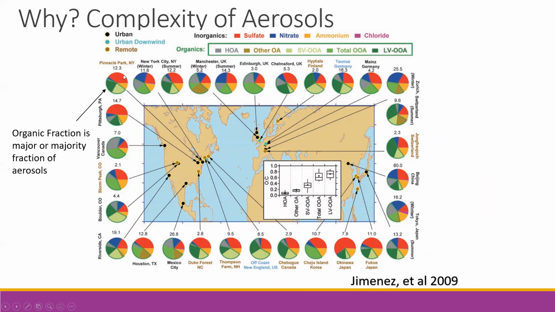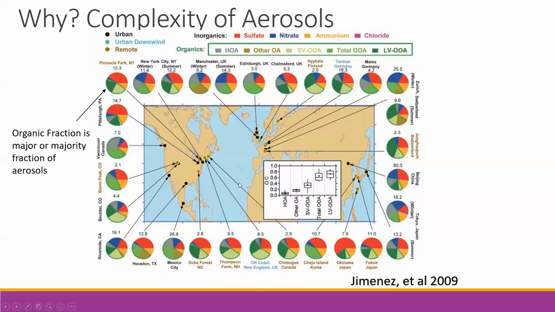In red here, you have sulfate, which of course comes from cloud water chemistry, from SO2 forming sulfate. You also have nitrate, an important component, ammonium, and you can also have chloride if you have marine influences on your aerosols as well. But I want to point out that this green sliver here, and the light green, dark green, and the gray, this represents the organic carbon fraction of the aerosol. As you can see, in many parts of the globe, it's a major, if not majority fraction of the aerosol.